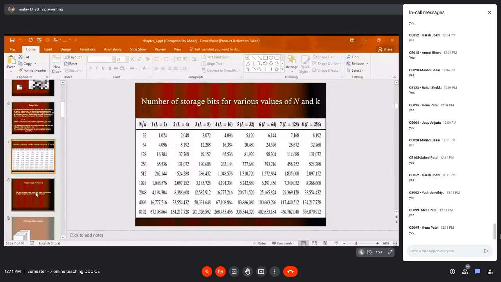Okay, so this is about the definition of digital image. Normally this kind of question you will find in various competitive exams, in MCQs or in short questions: given the size of the image and the number of bits, calculate the storage size of the image. Next is what is digital image processing.